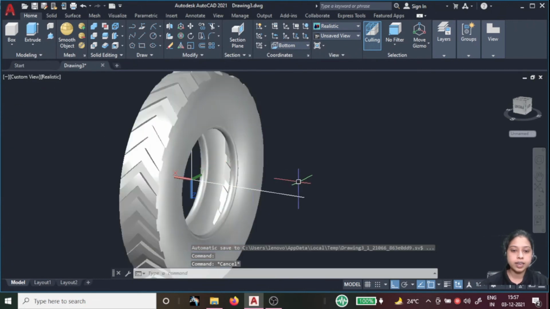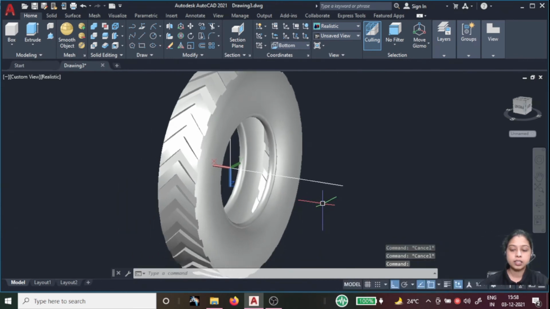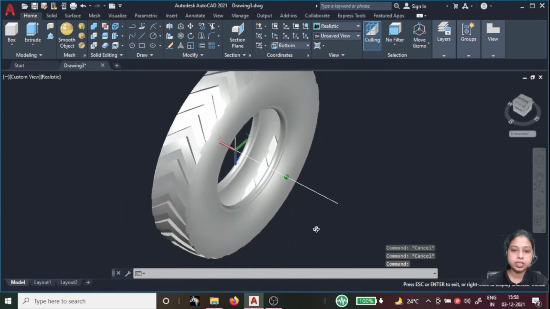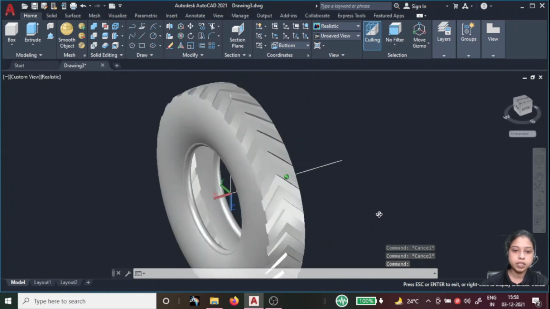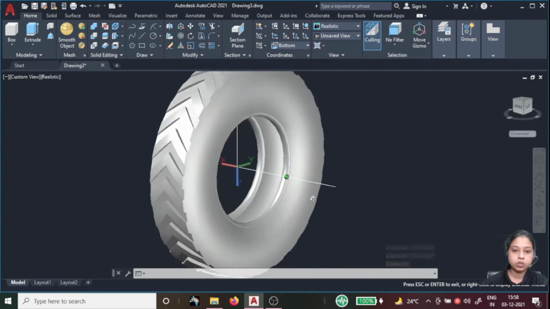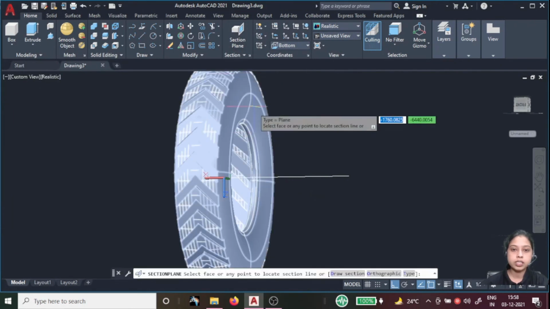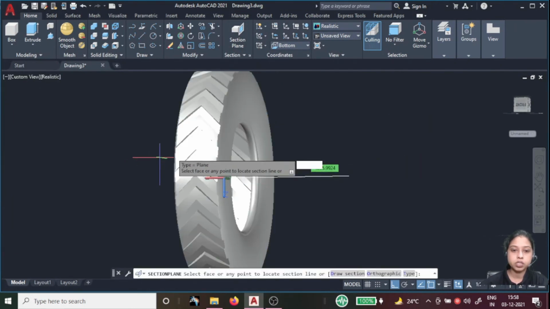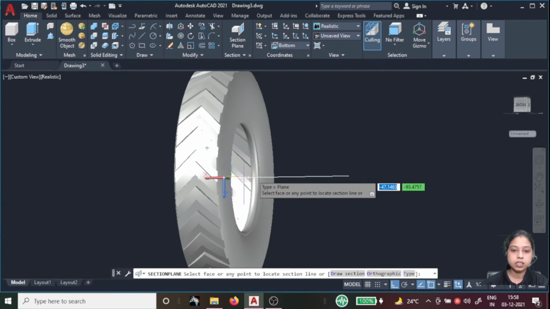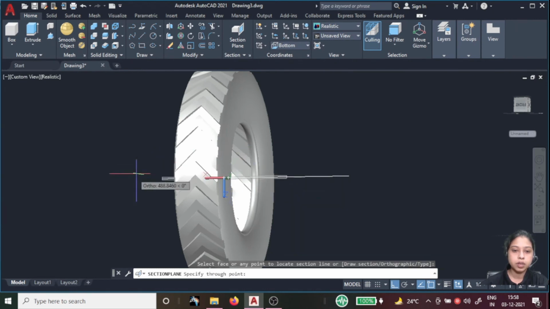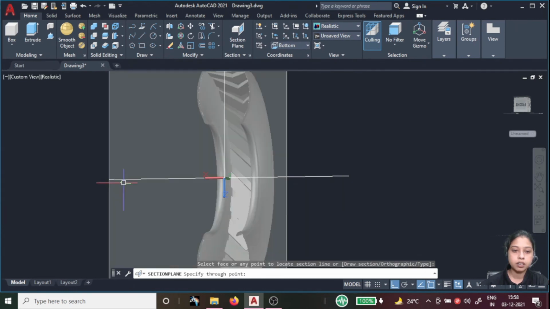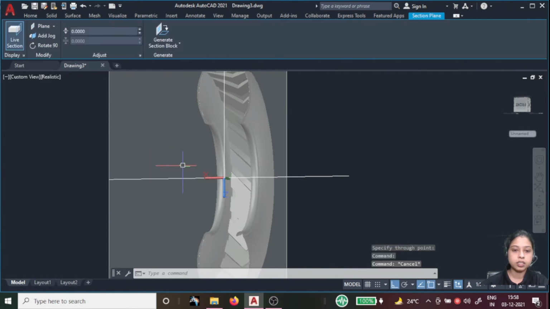Now see, it has been cut. See, if I move my profile, you can see my object has been cut. Just see how to go for the selection and sectioning procedure and select the center point from here to here and cut it.